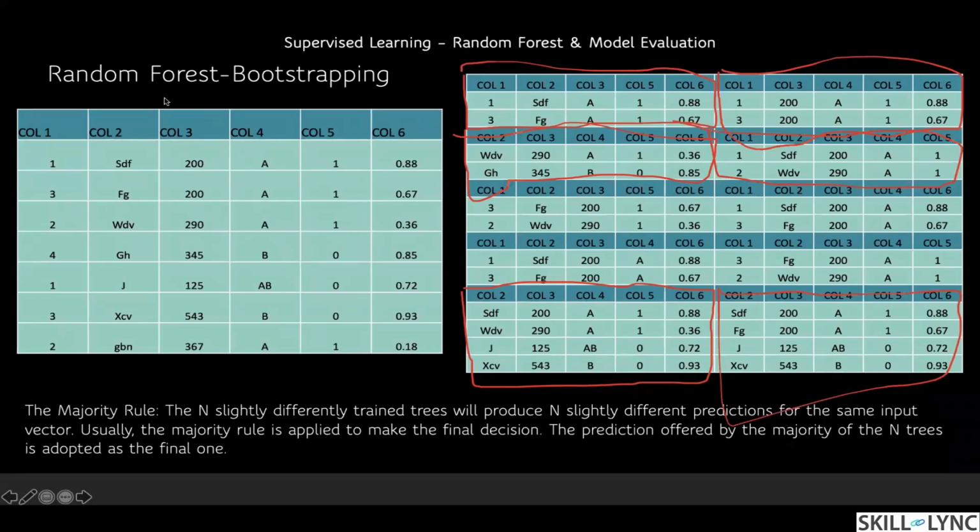Otherwise we will have a lack of data, right? We cannot come up with multiple samples then. If I take this as one sample, I will be left with very little data. So to get multiple samples, which will help in our prediction, we should take more samples, just like we should ask more friends to get a better prediction. To get the multiple samples, we should do sampling with repetition, and that is called bootstrapping. And then based on the majority rule, you will decide which one to go ahead with.